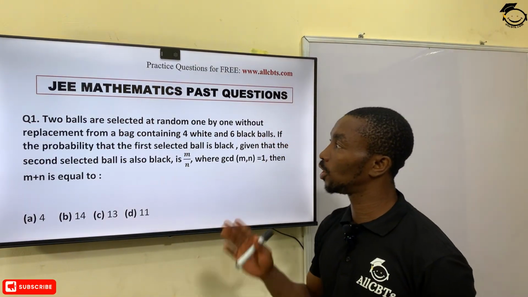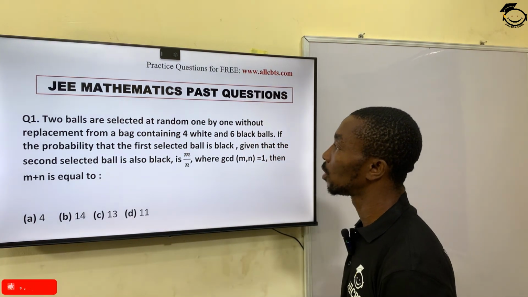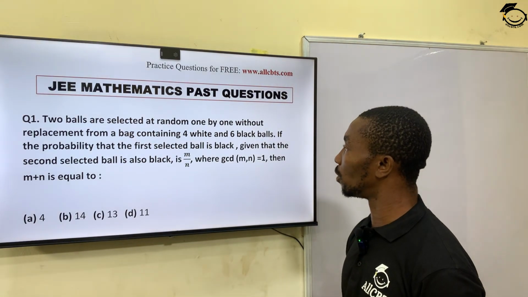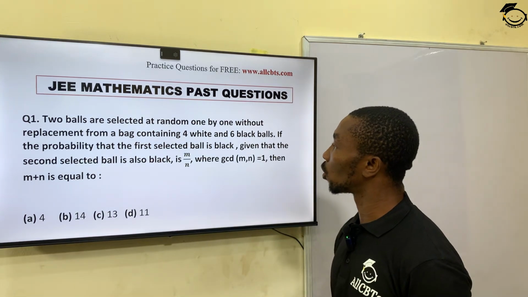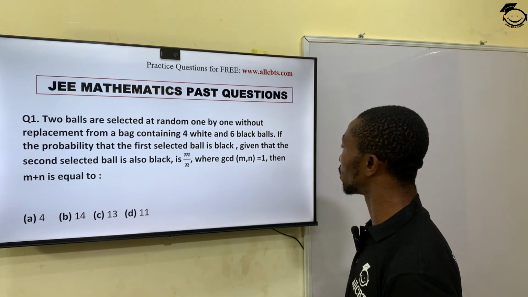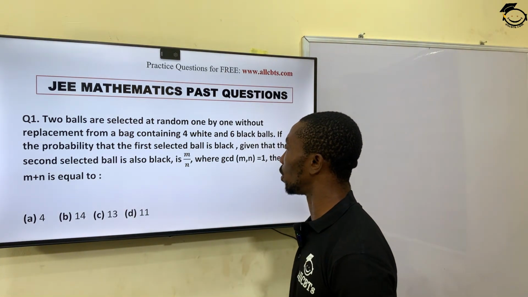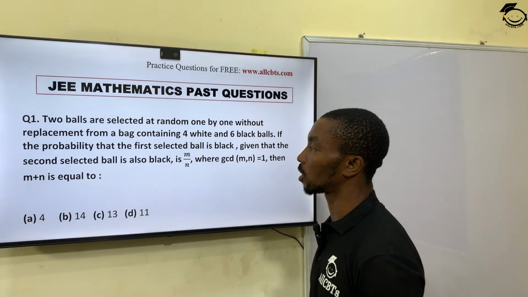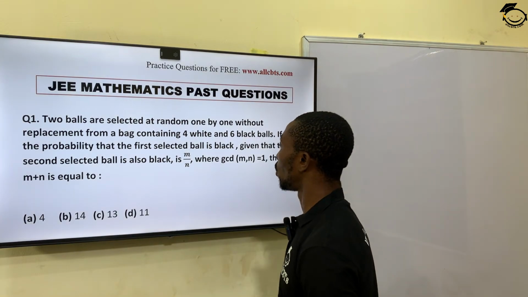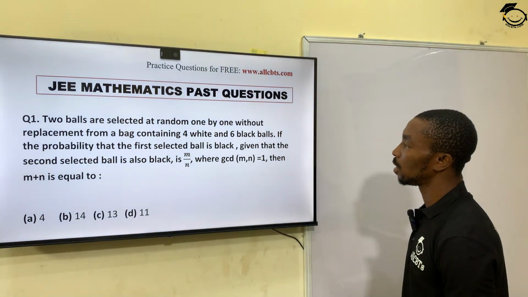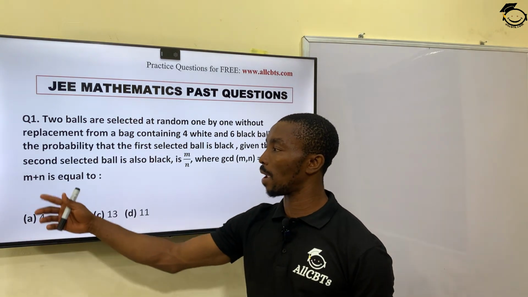Today we'll be looking at JEE Mathematics Past Questions. Now, our first question says, two balls are selected at random, one by one, without replacement from a bag containing 4 white and 6 black balls. If the probability that the first selected ball is black, given that the second selected ball is also black, is m over n, where GCD(m, n) equals 1, then we are asked to find the value of m plus